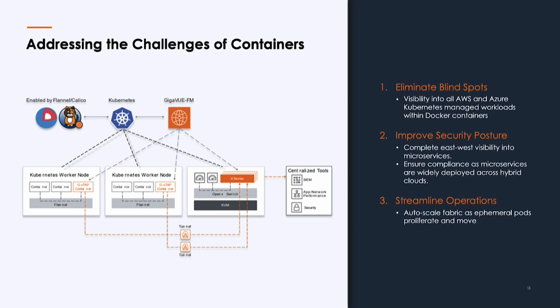Why is it successful? Well, it addresses a lot of the critical things. It eliminates blind spots. It improves security by providing this level of visibility into everything that's happening on the network, and it lets us streamline operations. So we work very closely with the automation and orchestration features on the network to integrate with them